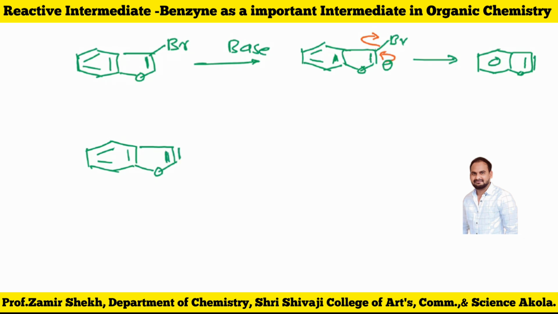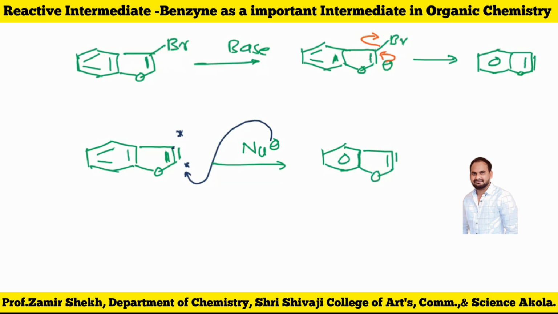And suppose any nucleophile is there now. Any nucleophile will attack which carbon? There are two carbons, this one and this one. The nucleophile is going to react with the carbon where oxygen is there, because it is more electron deficient. So like this one, the nucleophile is going to react onto that molecule. This reaction indicates that arynes act as electrophilic molecules. That means they have electron deficiency. They participate in addition reactions.